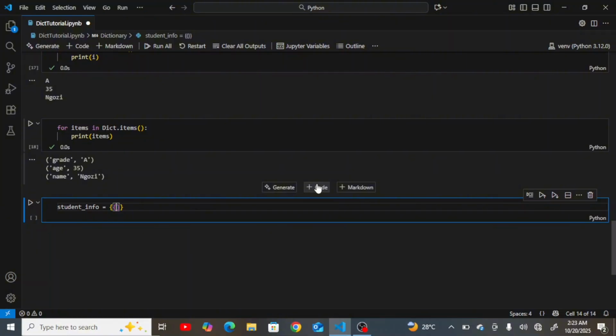But then for each dictionary inside a dictionary, you have to create a variable that holds that set of units. For instance, let me say class one,